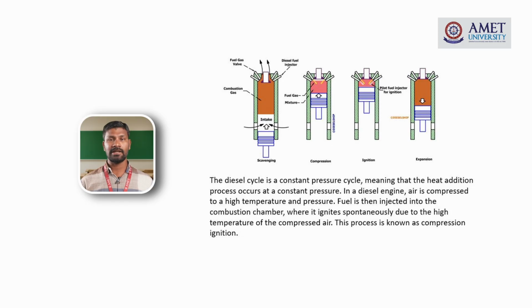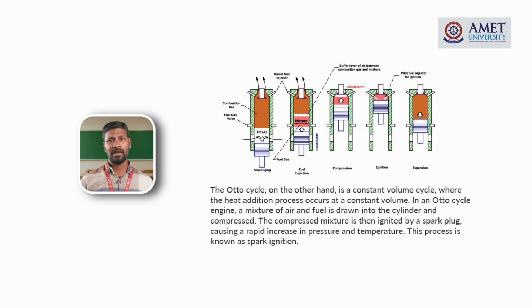So the power stroke will be generated. After the power stroke, there will be an exhaust stroke. In the exhaust stroke, the unburned hydrocarbons and the exhaust emissions are pushed out toward the exhaust port. In the Otto cycle, the fuel-air mixture enters the combustion chamber. That mixture is compressed in the compression chamber. After that, with the help of the spark plug, it is ignited. So it makes a power stroke. After the power stroke, the unburned hydrocarbons are exhausted to the exhaust port. These are the processes we compare between the Otto cycle as well as the diesel cycle.